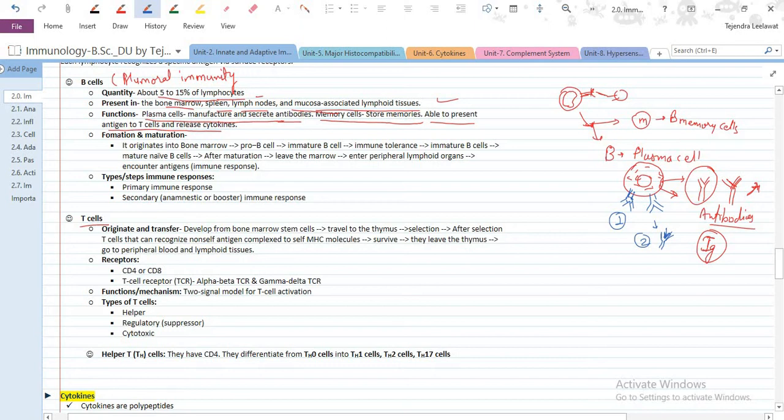Formation and maturation of the B lymphocyte. B lymphocytes always originate in the bone marrow, and these are called pro B cells. It is converted into a pro B cell, and then the pro B cell is converted into the immature B cell. Immature B cells undergo immune tolerance checking, which means checking whether they are able to recognize the pathogen and the antigen or not. If they are not recognizing the antigen, then apoptosis will occur in those cells